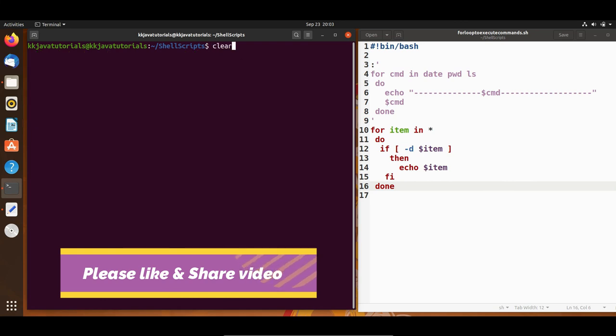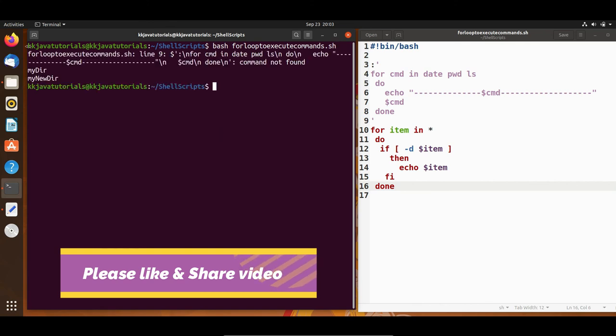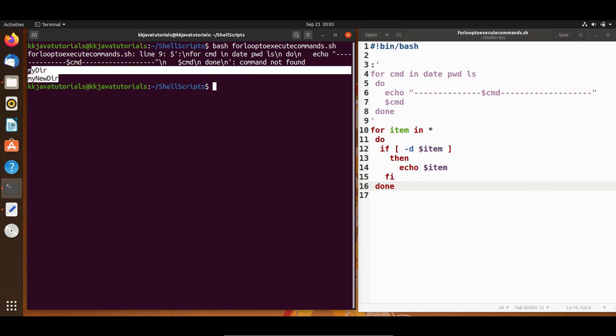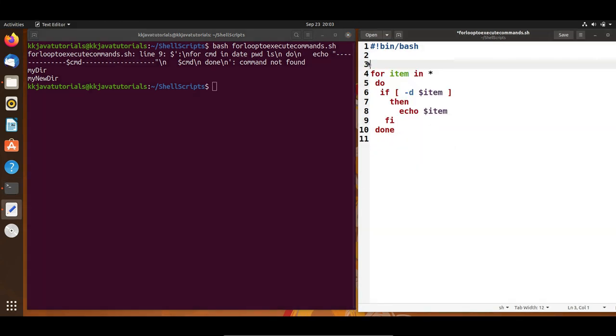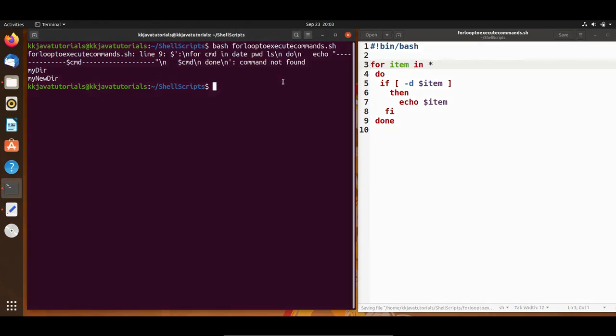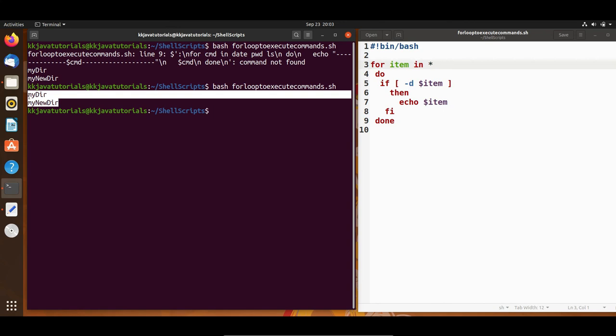So if I run this script, here you can see this is just showing these two directories, right? Now I don't know why this comment is not working. Let me remove this code for a moment, and if I run this script, then here you can see it is printing only two directories.